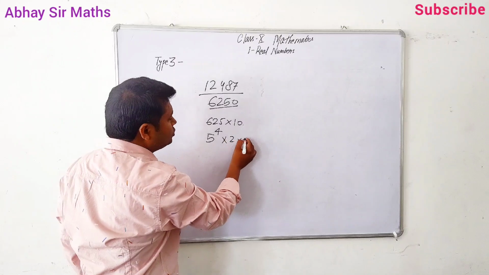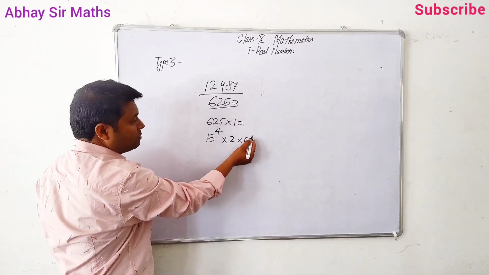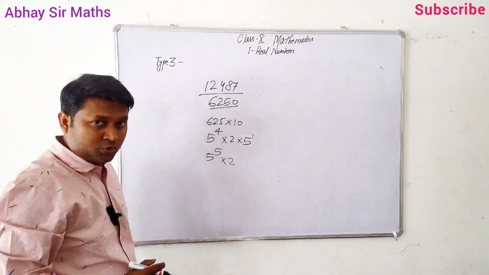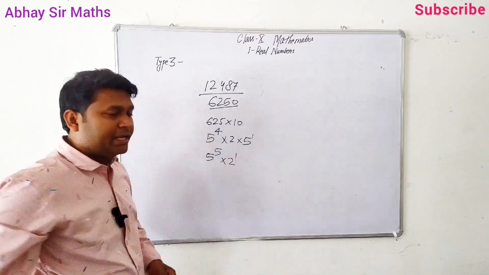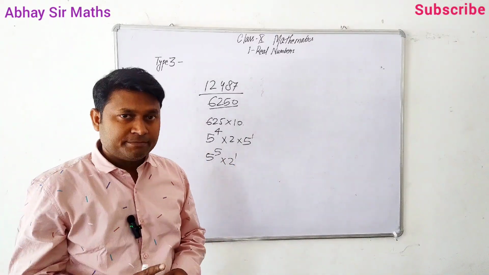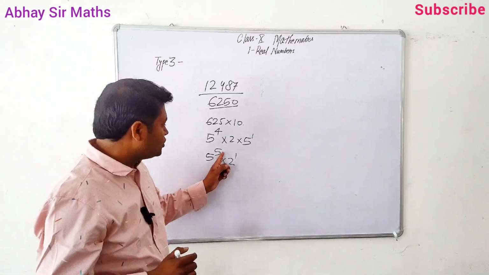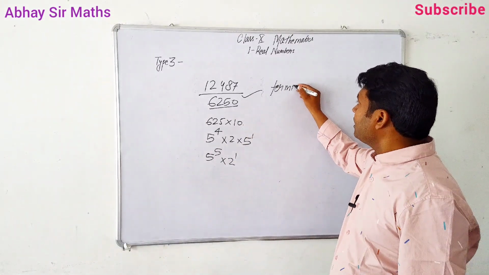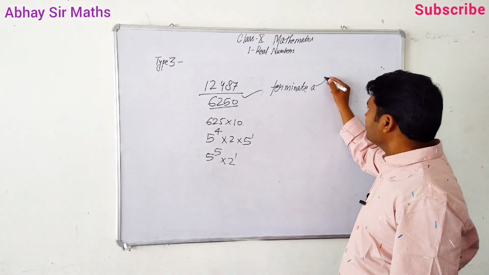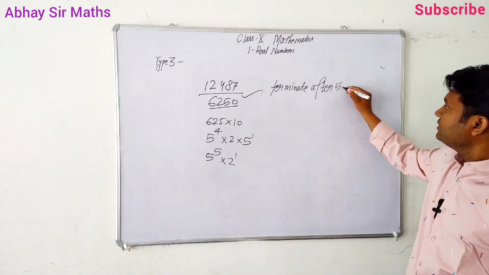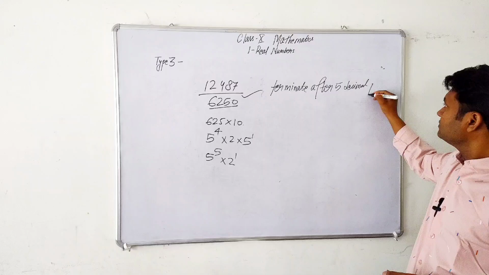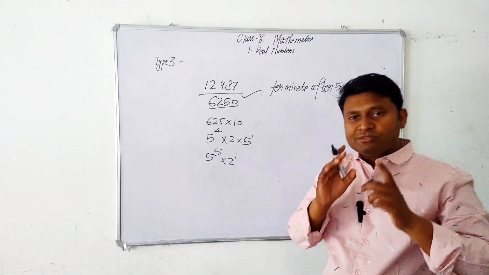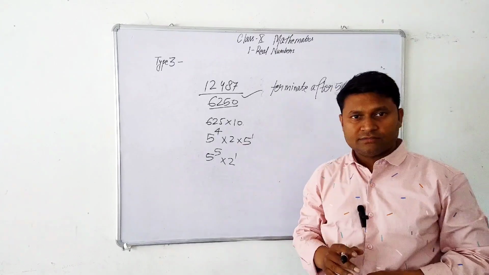And 10 is what? It is 2 into 5. So this is power 1 and here power 4. So it will become 5 to the power 5 multiplied by 2. So 2 की पावर में 1 है, 5 की पावर में 5 है। हाईएस्ट कौन है? 5 है कि नहीं? सो हाईएस्ट ये 5 है। इट मींस इसका जो डेसिमल एक्सपेंशन है विल टर्मिनेट आफ्टर हाउ मेनी डेसिमल प्लेसेस? टर्मिनेट आफ्टर 5 डेसिमल प्लेसेस। सो वेरी इजी चिल्ड्रन, है ना? एमसीक्यूज में ऐसे क्वेश्चंस आ सकते हैं। ठीक है,